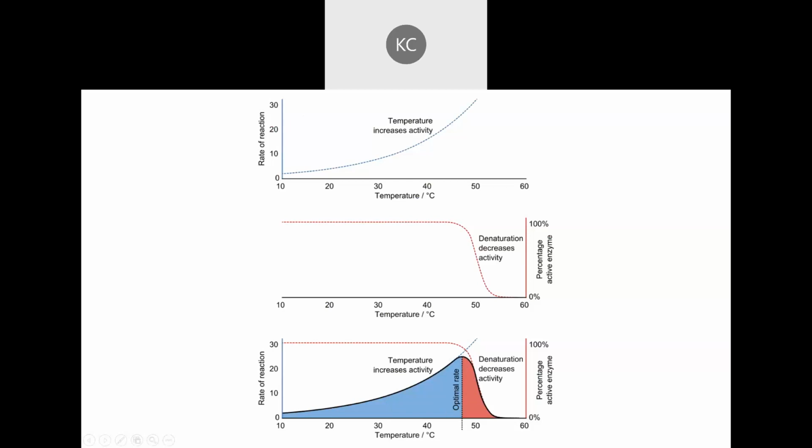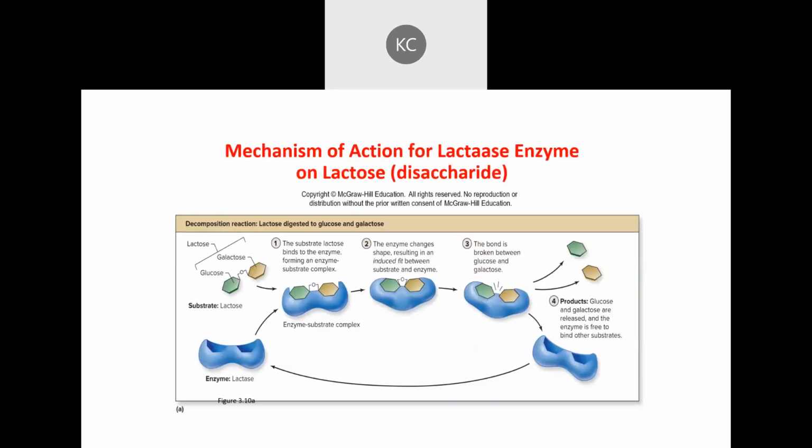rate of enzymatic activity. Okay, so all this is saying, and all you need to realize from this, is that you can't just continually increase the temperature of the environment and have that enzyme continuing to increase in activity. Okay, you get to a certain threshold where activity drops off because it's denatured and you lose the functionality. Okay. All right. So if we look here at this example, this is a wonderful example of an enzyme acting